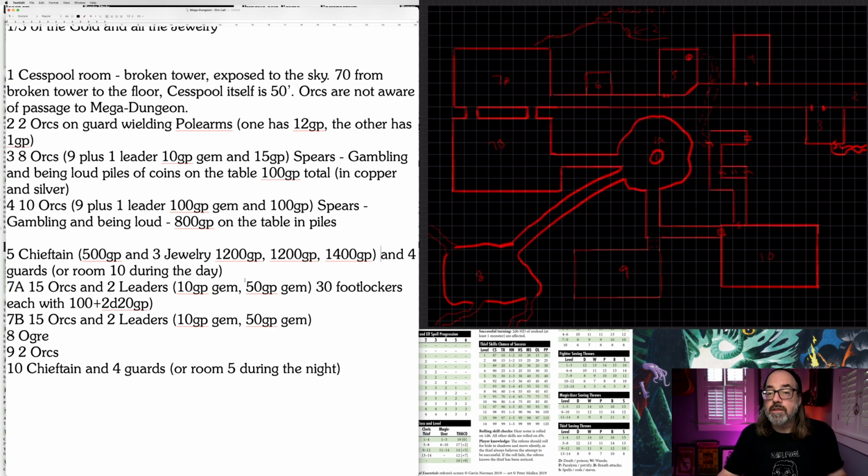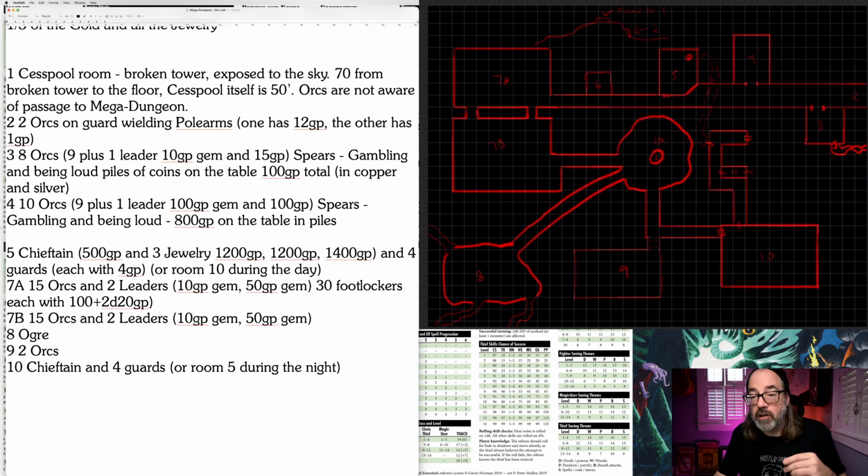All right, he's got 4 guards in here. We'll just give them a D12 gold piece. I'm just going to make them all the same, each with 4 gold pieces. Any of the remaining gold, I'm just going to put in a chest in the chief's room. So now down in this room,